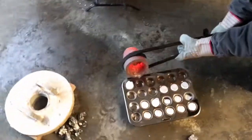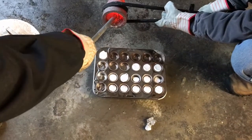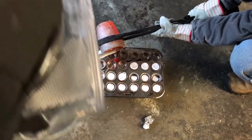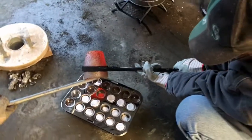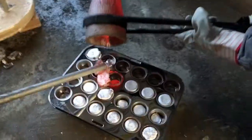Predictions, I think 3 cups. I think we're going to get 3. I don't think we're going to get anything out of it. Oh, we got, ooh. Almost a whole one. Oh, no. So when that cools, hopefully that slag will just come out like it did when